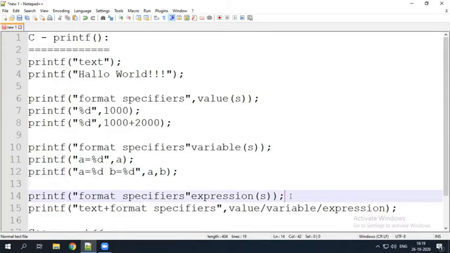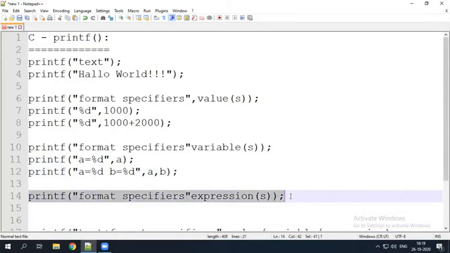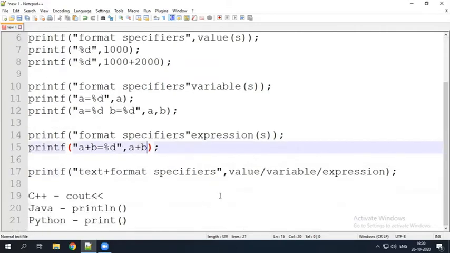And next, coming to the format specifier with expression. For example, my expression is a plus b. A plus b is equal to, the output should be, we have to specify comma, here the expression is a plus b, which will calculate and print the a plus b value.